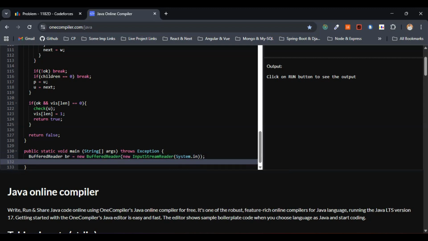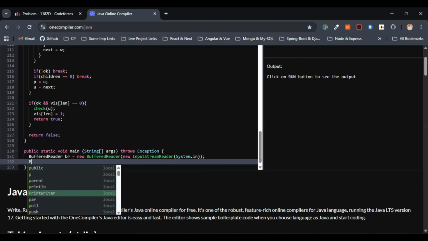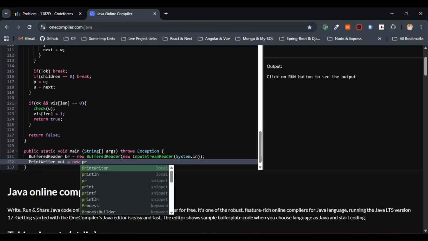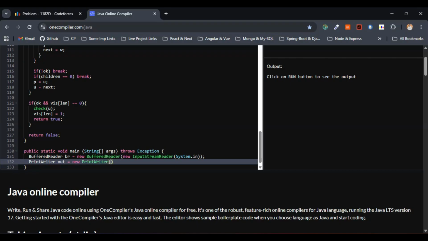This is for the fast input, and let's go with the fast output as well, nothing but the print writer here. So this one, print writer. Let me go with out here, this one will be fine. New print writer, new buffered writer,